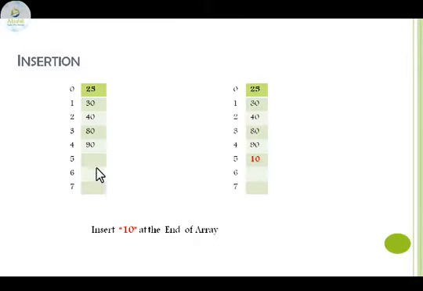Considering another example to understand in a better way how the shifting will take place, let us consider inserting 10 at the end of the array. So there are 2 scenarios, isn't it? Insertion at the end, insertion at a given position. So insertion at the end is directly done. A of POS is equal to 10. No shifting will be done.